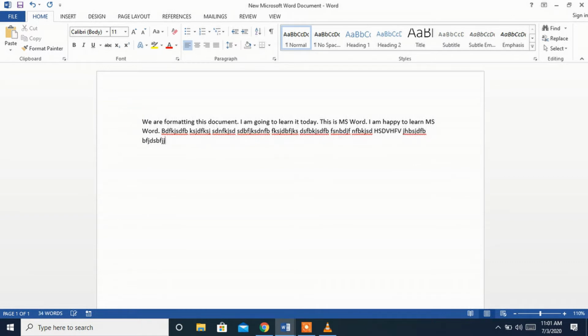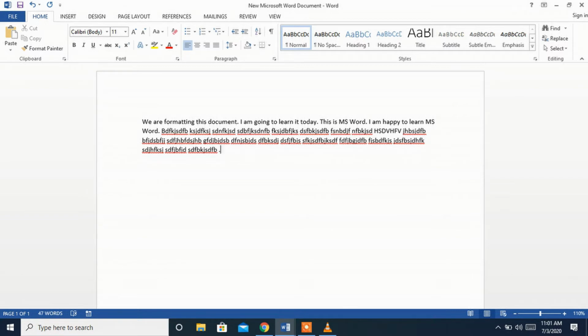This red color underline shows the spelling mistakes. Now I am not telling about it now. I will see how to change that in the next videos. So just whatever article you want to type, think you are typing that. Okay, fine. Now we will see how to right align, left align and center it first.